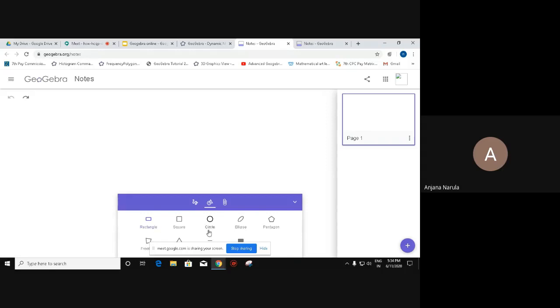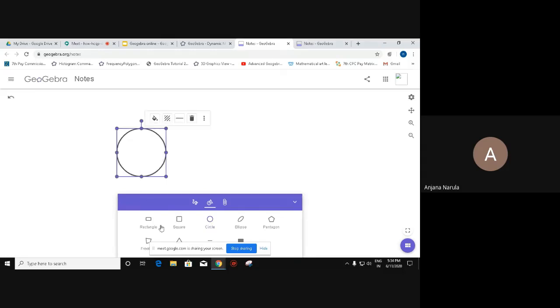So if I have to draw a figure, I have to draw a circle. So I have to pick here and draw the circle. So easy to draw. So I can take a line, I can draw a tangent, and again I'll pick a line and then I can draw a tangent. So easy to draw the figure. If we don't have to draw the figure up to scale and you just want to draw a figure, it's very easy to draw a figure.